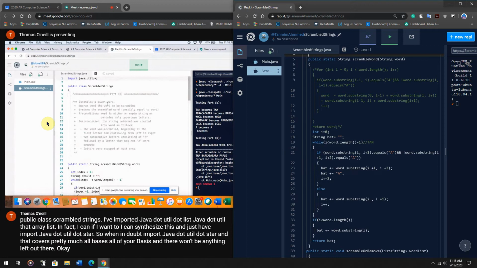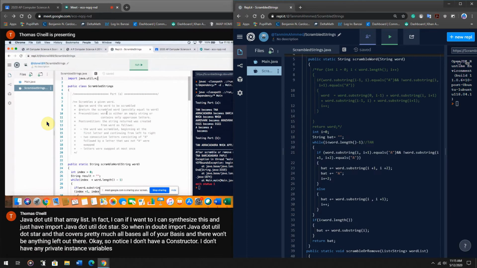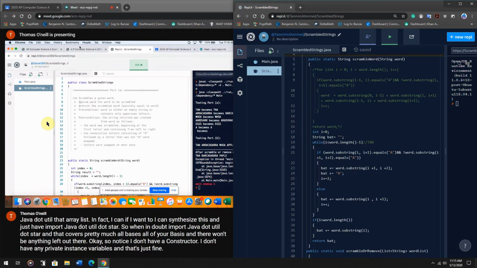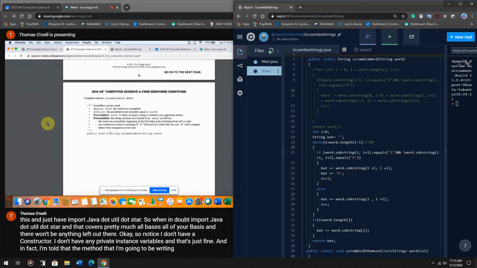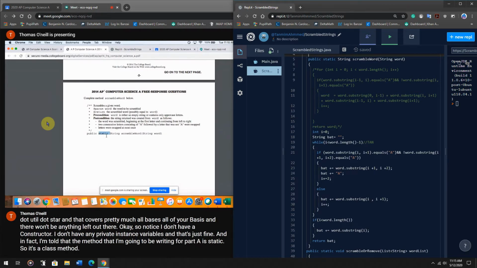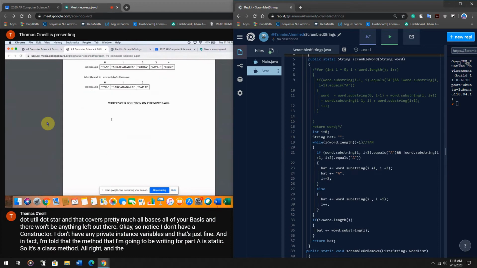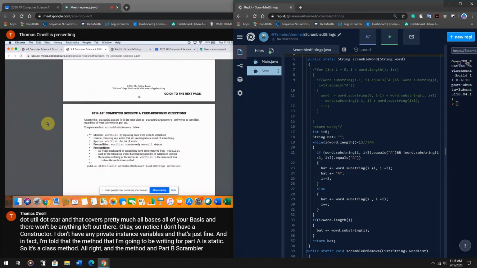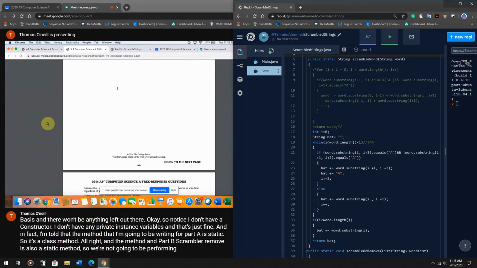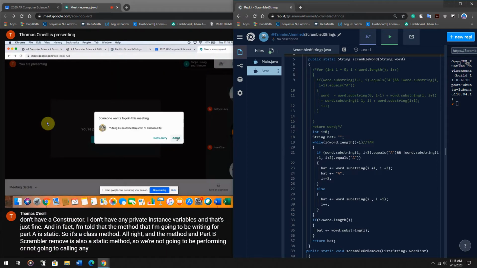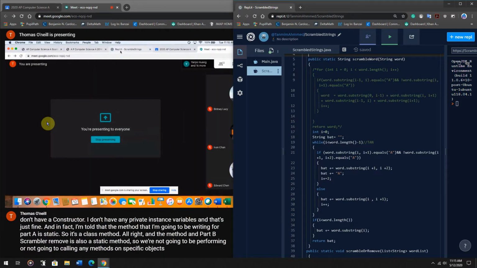Notice I don't have a constructor, I don't have any private instance variables, and that's just fine. In fact, I'm told that the method I'm going to be writing for part A is static, so it's a class method. And the method in part B, scrambleOrRemove, is also a static method. So we're not going to be calling any methods on specific objects. And that's helpful here